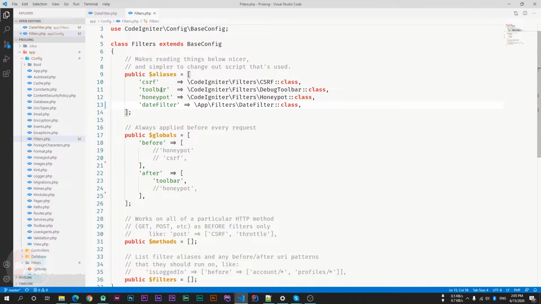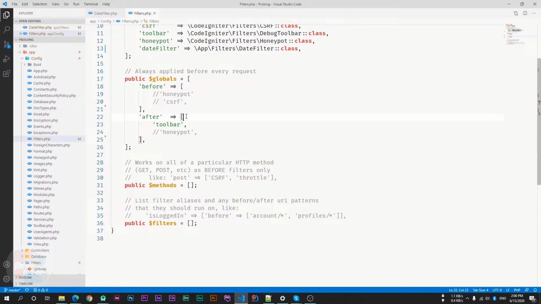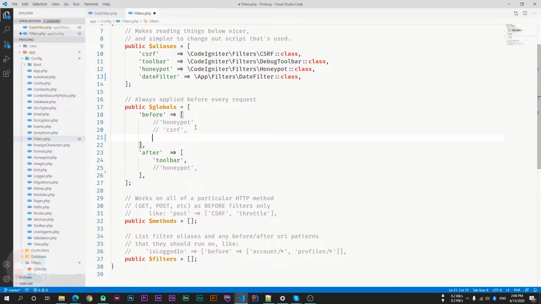comma. After defining an alias, we will go inside the globals variable. There are two variables, first is before and the second is after. This variable defines which filter will be performed globally. I'm using my alias name, so I'm copying this name and pasting it here.